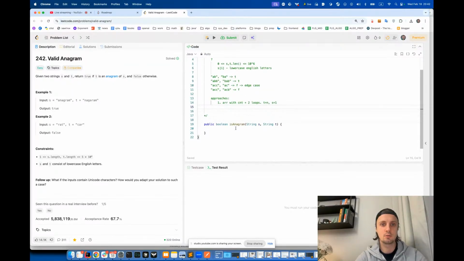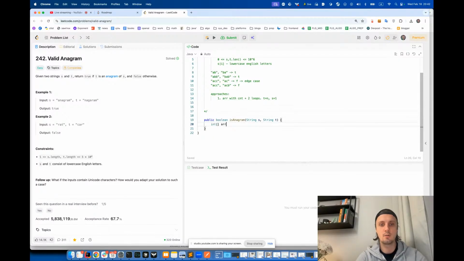So let's go to implementation. We have our array, it would be our memo. Then we iterate over each character in the first string. We have our array and our incrementation here. Then we iterate over t, and if the array at character c